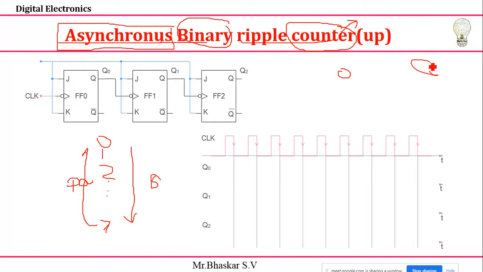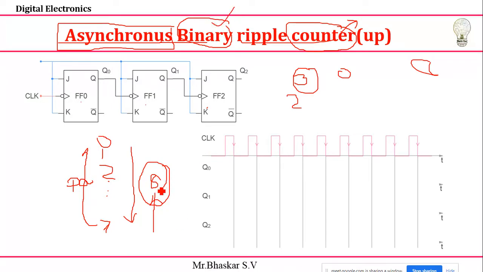See here, generally it is taken as 2 to the power of 3. I already told that if I'm going to use 3 bits, then I'm going to use 3 flip-flops in order to store that. So looking for 3 flip-flops and 3 bits means totally 2 to the power of 3, which means I'll get 8. So if I use 3 flip-flops here, then the maximum count is 8. If you are getting the complete 8 counts, then it is called a binary counter.